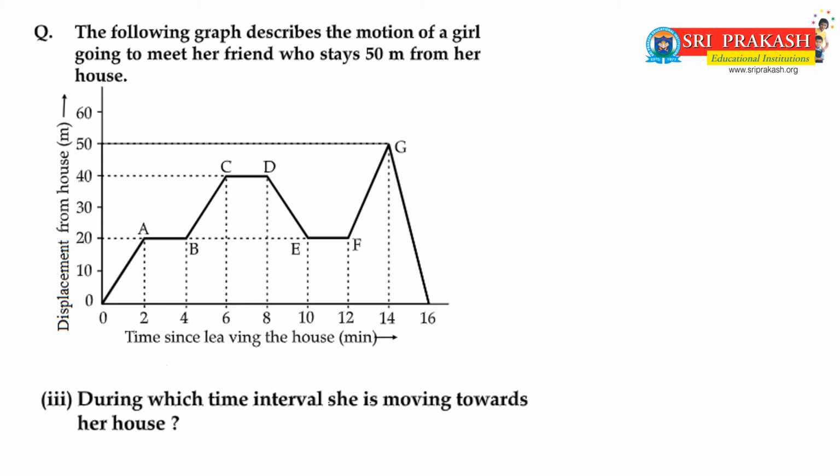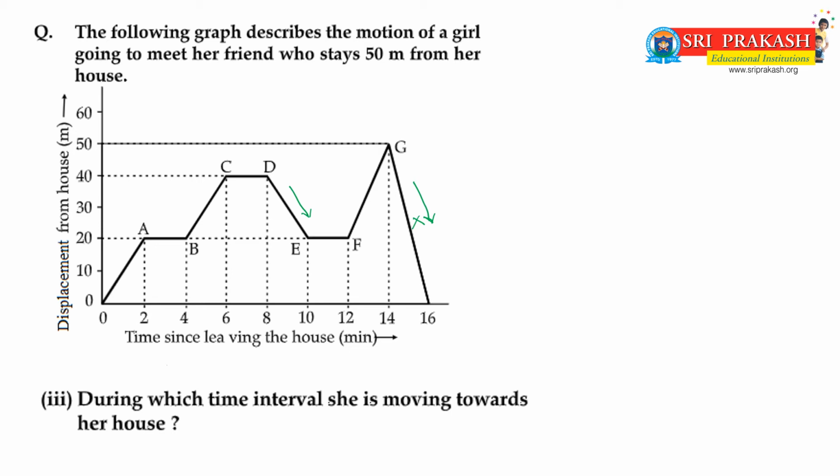From G to 16, this is a change in position in the backward direction, and this one is also a change in position in the backward direction. So from 40 she is returning to 20. We needn't consider the last case because she is returning back to her house. Since the question asks which time interval she is moving towards her house,